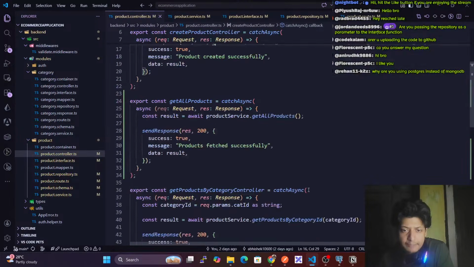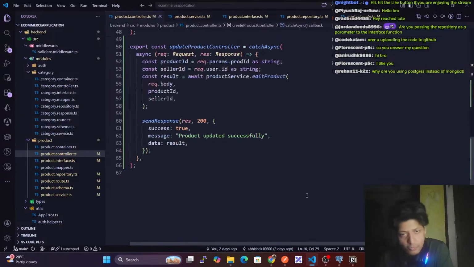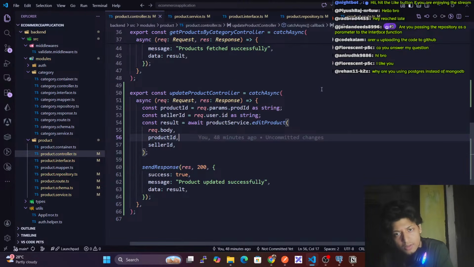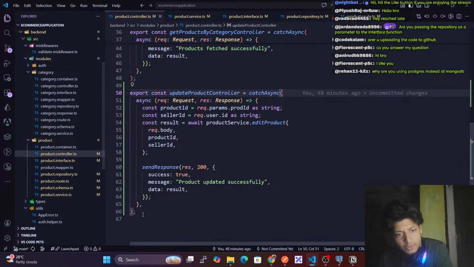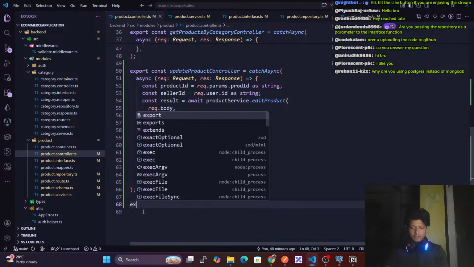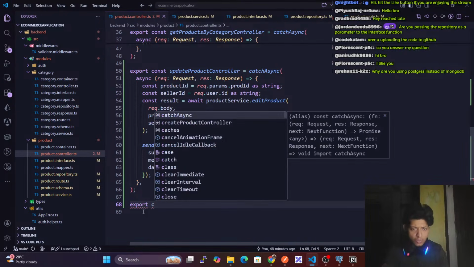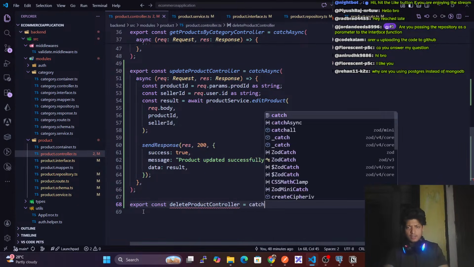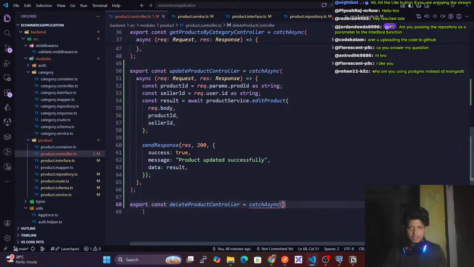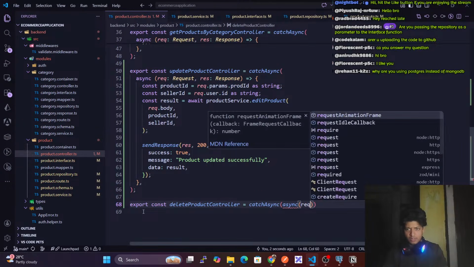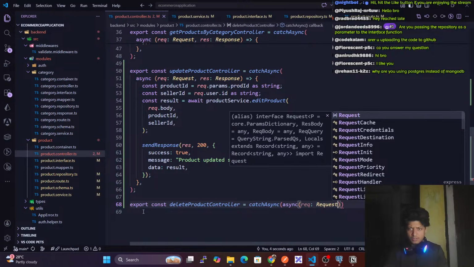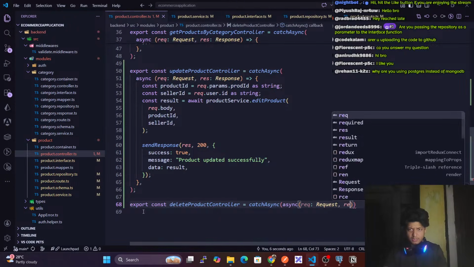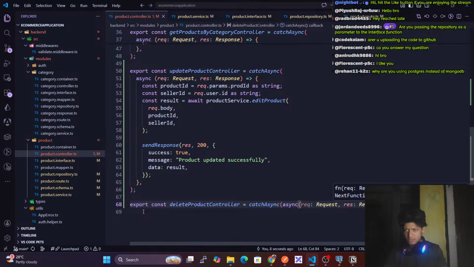So deleting the product. Fine. Now we have to go for that. Now let's go with export const delete product controller, catch async, request, response of type response. Here we have this. Okay,